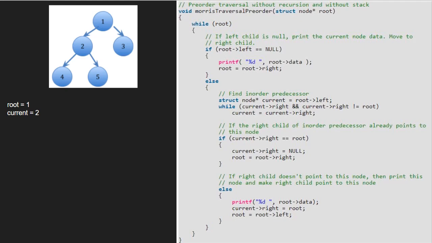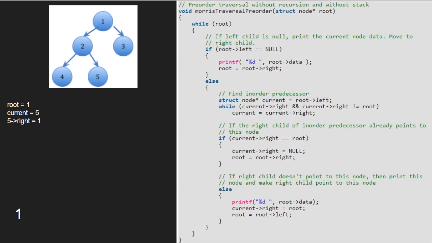Hence, current will now point to 5, which is the right child of 2. Since 5's right child is null, we exit the inner while loop and now we check if the right child of 5 is equal to root. As it is false, we print 1 and set current's right to root.